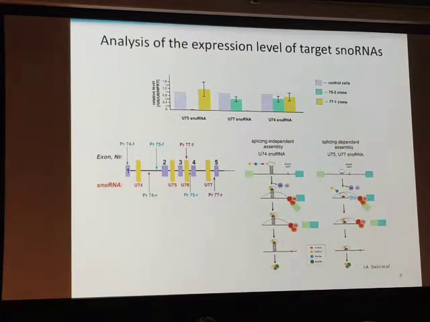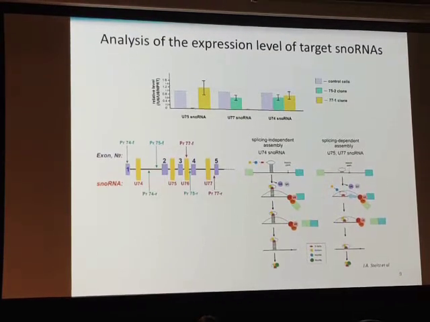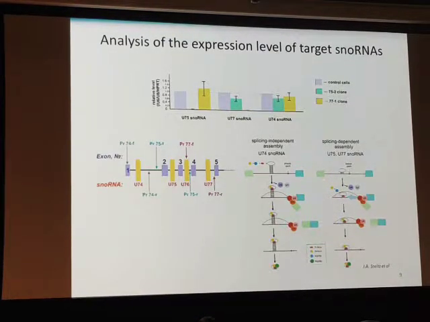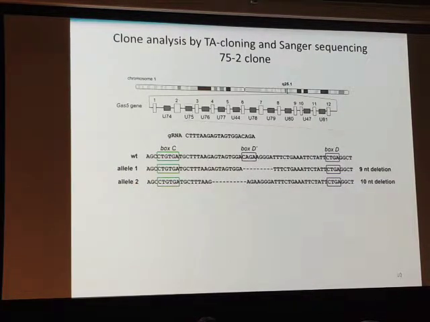This might be due to the fact that U74 snRNA and the two remaining snRNAs undergo different assembly pathways, while U74 snRNA undergoes splicing-independent assembly. For U75 and U77 snRNA, a splicing-dependent mode of assembly is typical. Next,